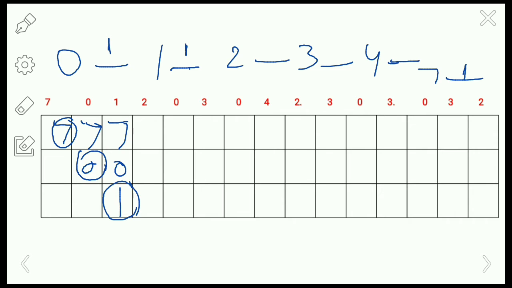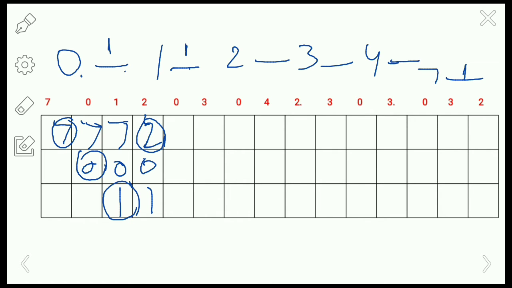Okay, so the next page that we have to bring in is 2. Here all the pages in the memory are having the equal count. That is 0 is having 1, 1 is having the count 1 and 7 is having 1. Whenever this type of case occurs, we are going to apply the FIFO policy. If there is the same count for all the pages, then we apply FIFO policy. That means we are going to remove the oldest frame in the memory, that is 7, and replace it with 2. So 2, 0 and 1. There is a page fault here.